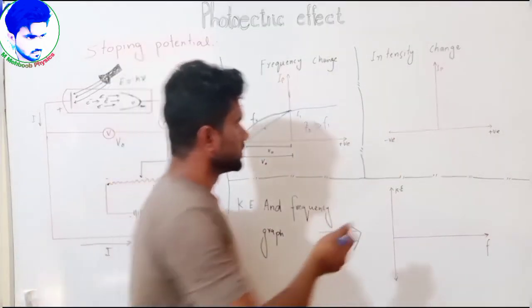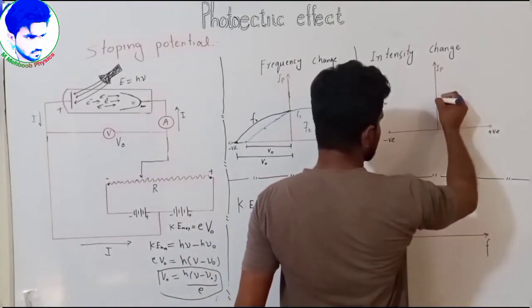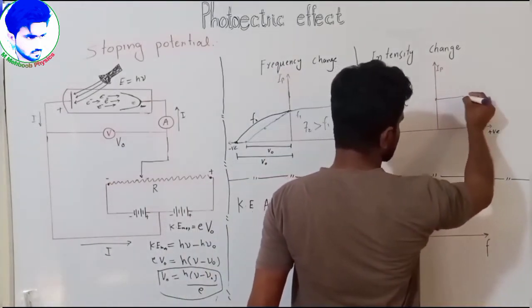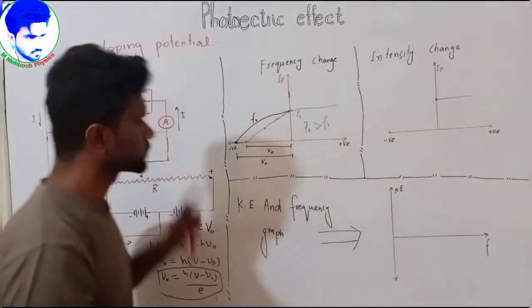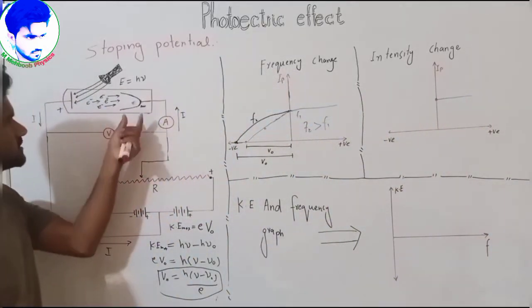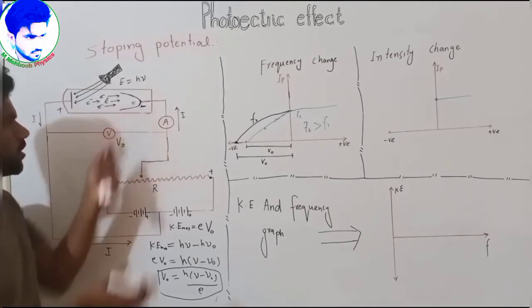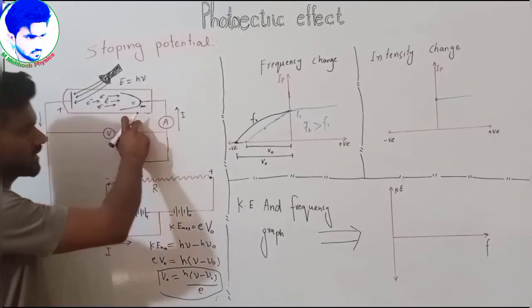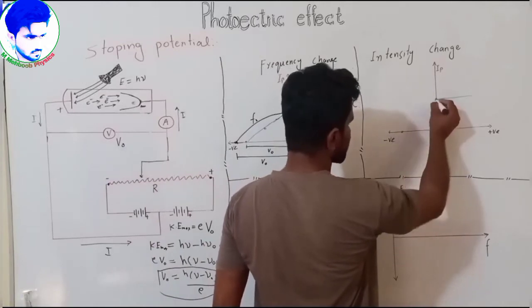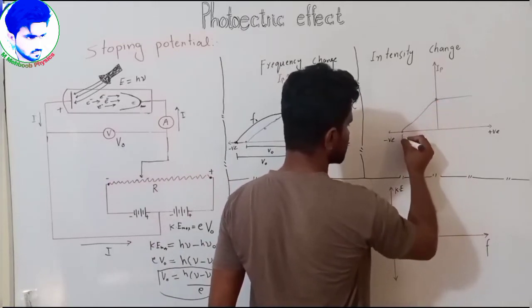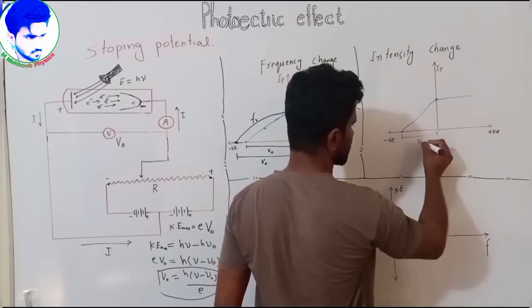So for one light, let's suppose we make the graph like this, and this is our required stopping potential to stop these electrons so that they do not approach that negative plate. These electrons stop maybe like this at that point,